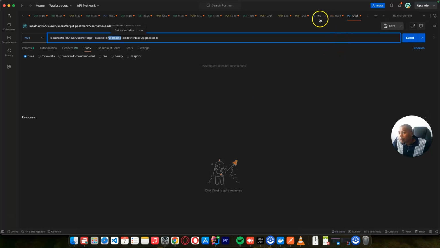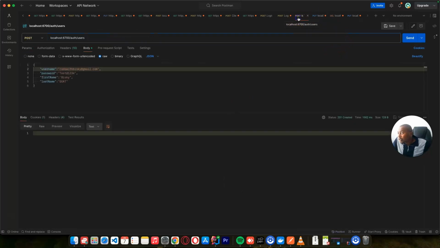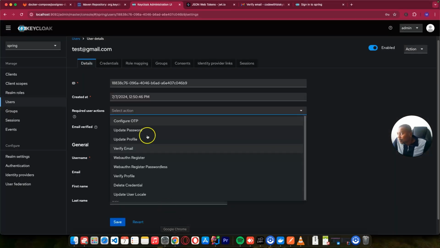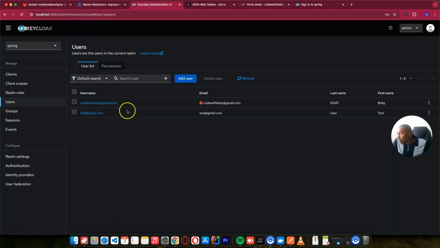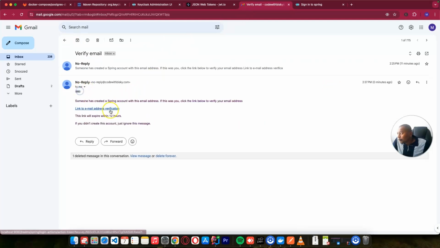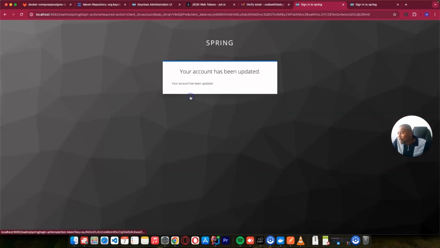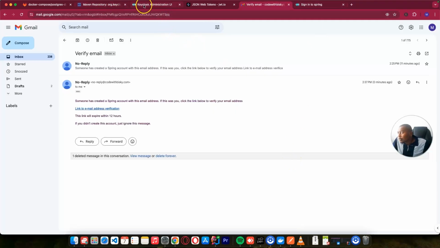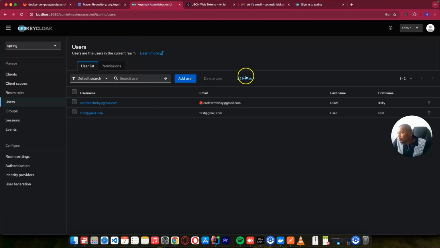So what I can do now, let me just create this user, because I already deleted this user when I was showing you how to delete a user. So I will create this user. I don't want to waste much of the time. Let me go to the users and I'll just, this is the email, and I will verify my account by clicking this. The email has been verified. If I go to Keycloak and refresh, the email has been verified, and I will go to this method, which